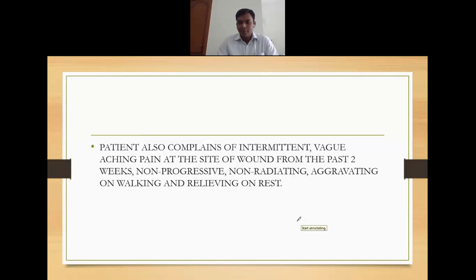You understand what I'm telling? Usually intermittent pains are more colicky in nature, and usually they are of moderate to severe intensity. And what are the examples you can give for intermittent pain? Abdominal colic. Yes, all the colics I already told, either gallbladder colic or ureteric colic, renal colic, intestinal colic. Why does this come intermittently?